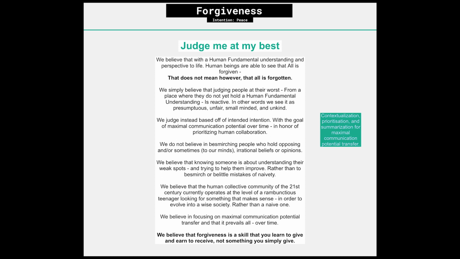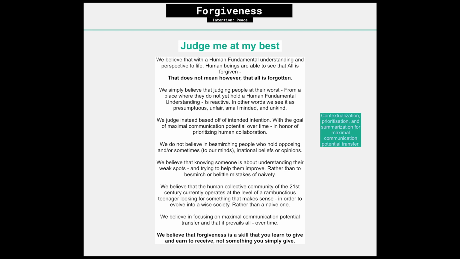We believe that with a human fundamental understanding and perspective to life, human beings are able to see that all is forgiven. That does not mean, however, that all is forgotten. We simply believe that judging people at their worst from a place where they do not yet hold a human fundamental understanding is reactive. In other words, we see it as presumptuous, unfair, small-minded, and unkind. We judge instead based off of intended intention, with the goal of maximal communication potential over time,